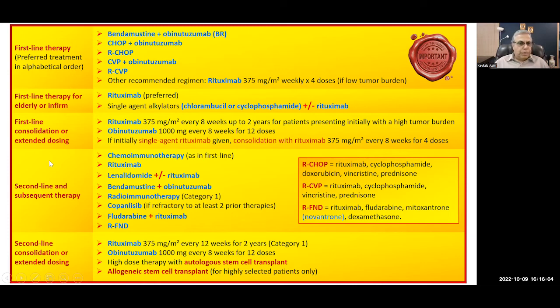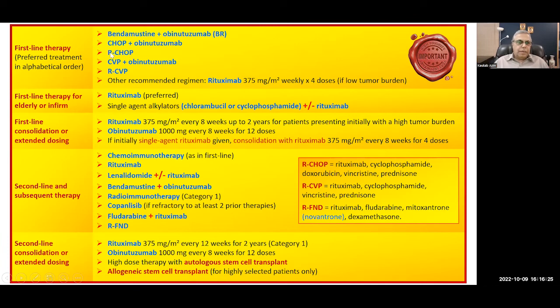So, as the tumor progresses, you go on increasing the intensity of the therapy or the dose of the therapy, or more aggressive therapy. So bendamustine, obinutuzumab, CHOP,